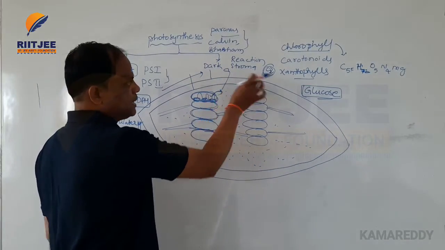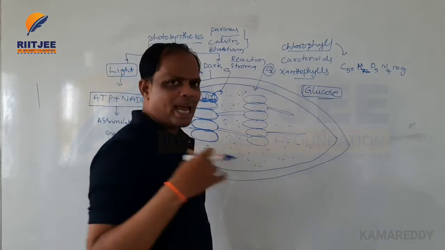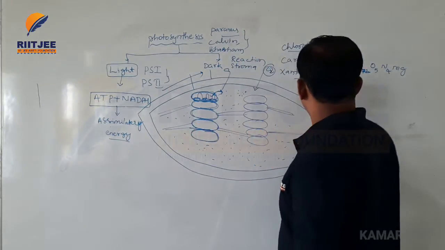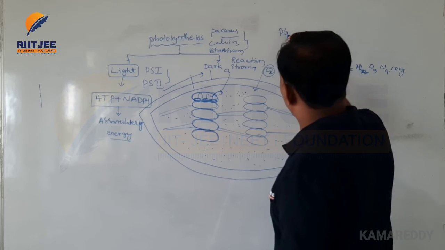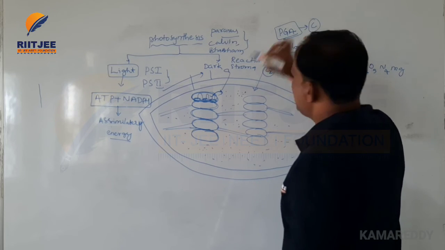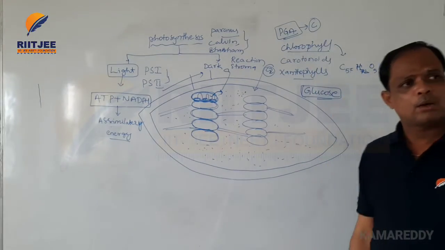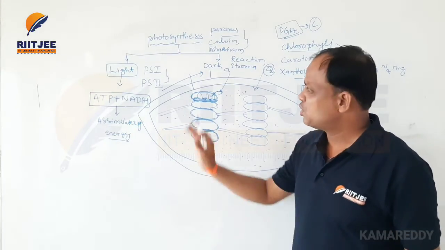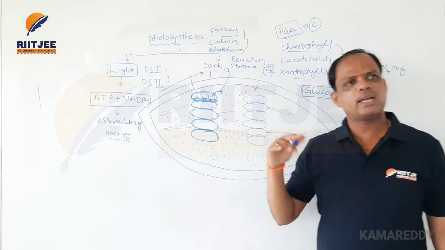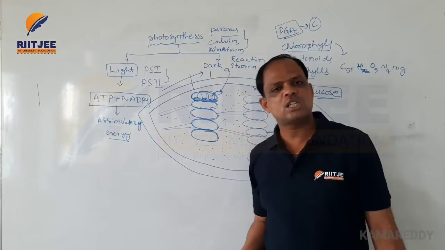Why is it called the C3 cycle and Calvin cycle? In this carbon assimilation process, the first product is phosphoglyceric acid, PGA. The PGA contains 3 carbon molecules. Because of this, it is also called the C3 cycle. Okay, so this is the photosynthesis process. This is the second day of the topic. Tomorrow we will continue the light process.